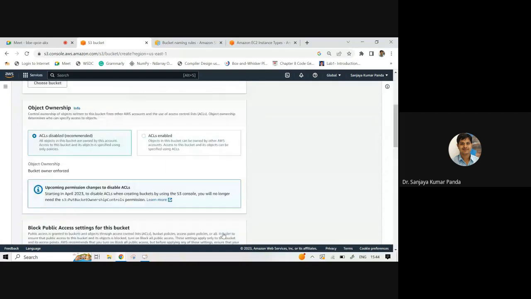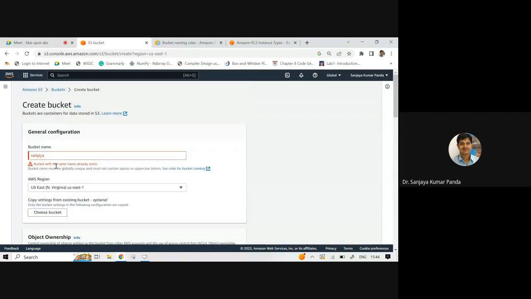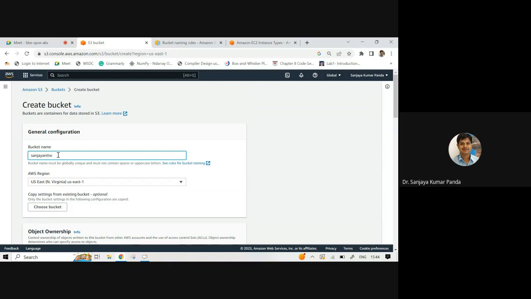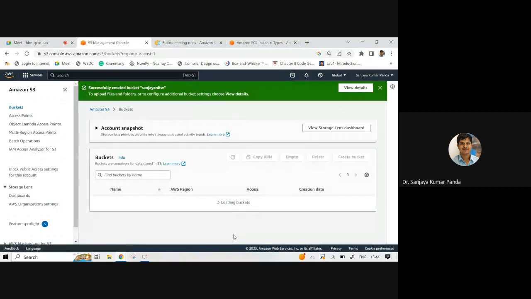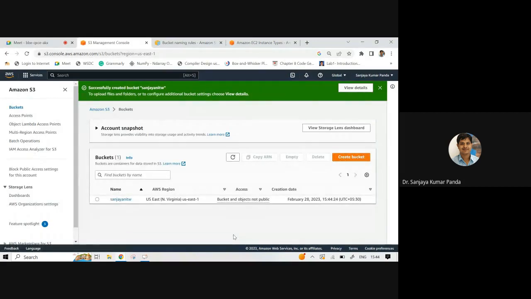So let me click create bucket. It is saying a bucket with this name already exists. So let me write NITW. If I create a bucket with this name, now the bucket is created.